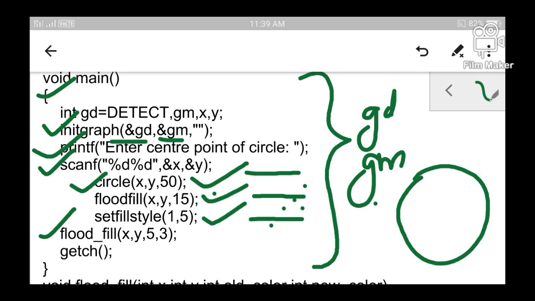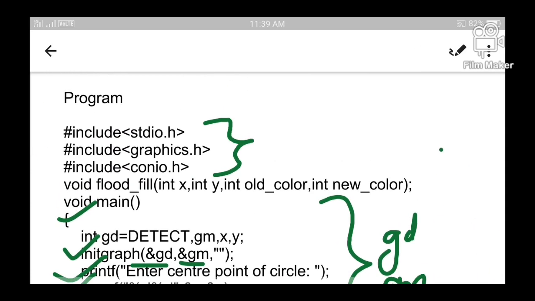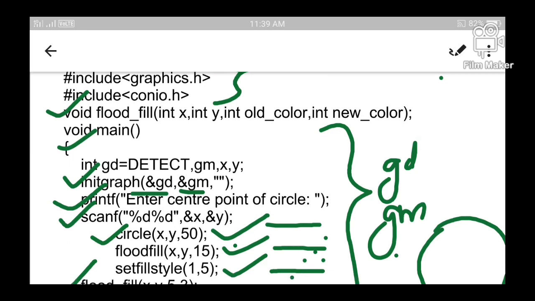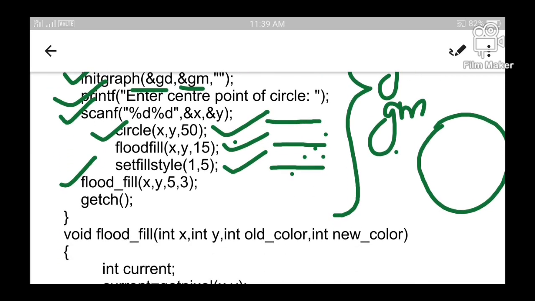Now the user defined function is going to be called. Remember, whenever you are going to call a user defined function, it should have its own function prototype. So let us first declare the function prototype. Before the main function, the function prototype is defined, which includes the return type of the function, function name, its arguments, and every argument should be preceded by its data type. Once the function declaration statement is finished, depending on that particular function prototype, you have to call the function.